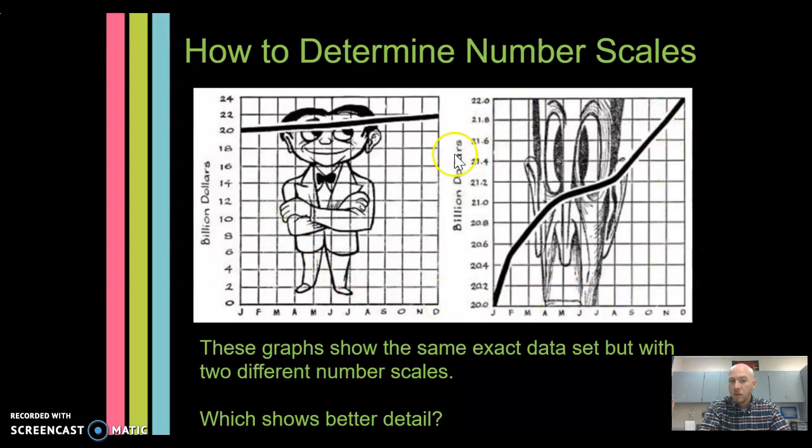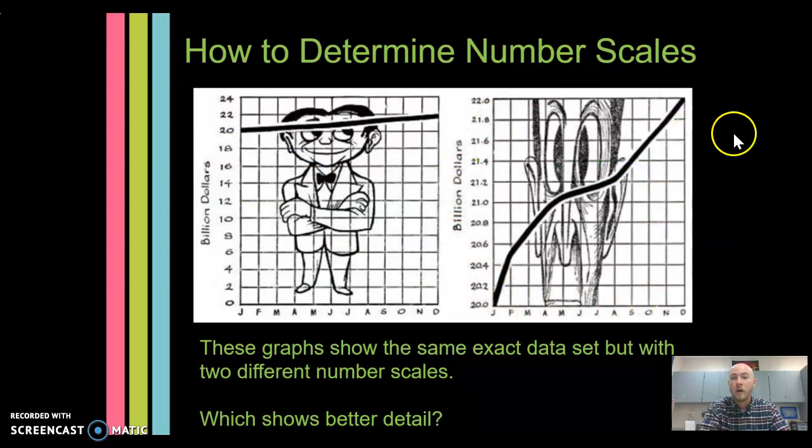Whereas with this scale, it's still billions of dollars, but notice it's not starting at 0 anymore, it's starting at 20. And it goes to 22, so each box is representing 0.2, or 2/10 of a billion, instead of 2 billion as a whole number. And notice how that changes our line. Here our line looks straight, whereas if we change our scale, we can see, is it really a straight line? No, it's not. We can see that it rose pretty quickly and then started leveling off, and then it almost leveled off completely, and then it picked up at a consistent rate again. So notice